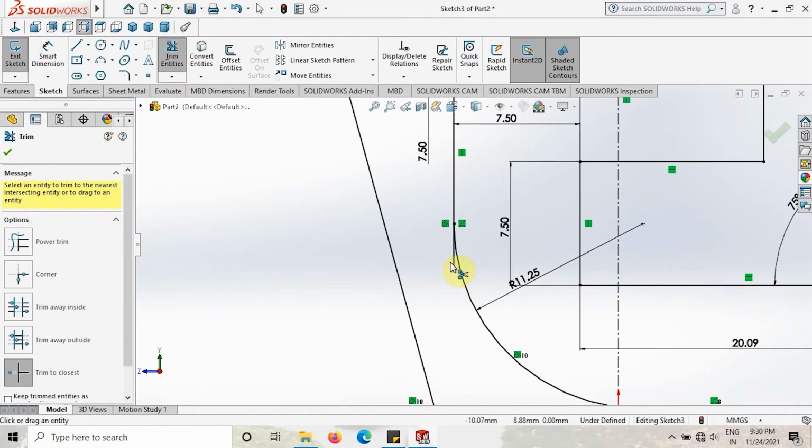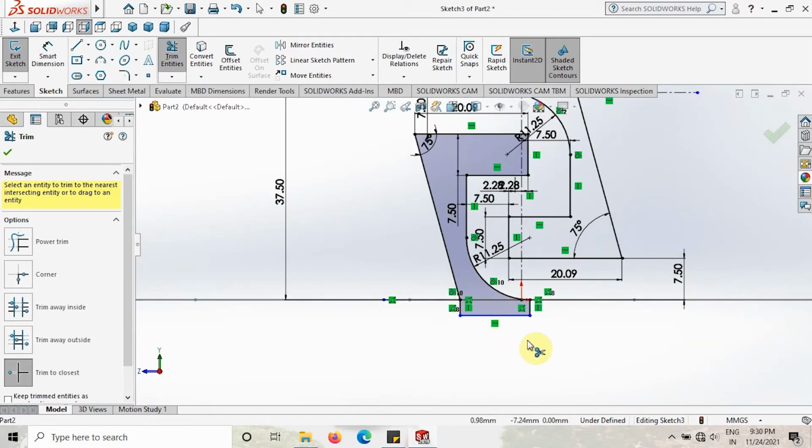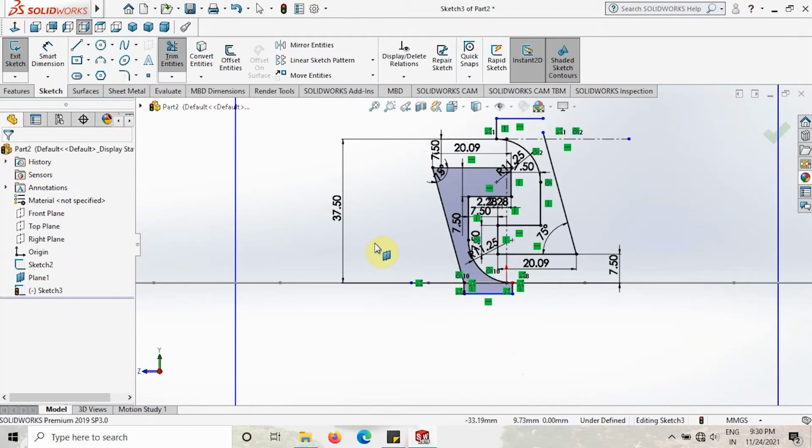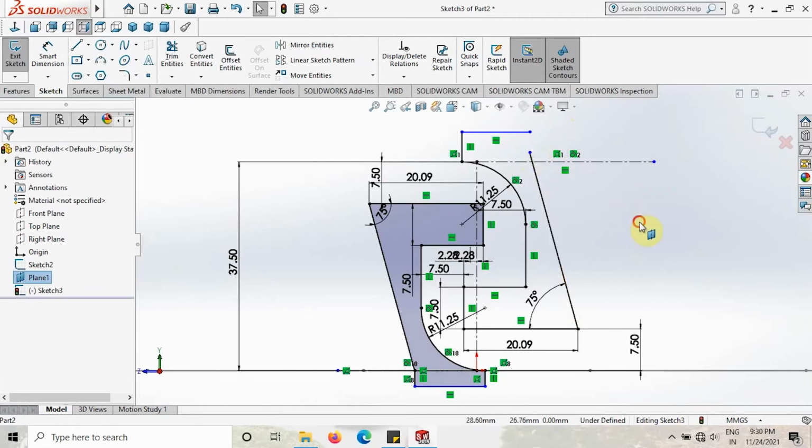This one is an extra line, and then click OK. And we have to close the sketch over here.